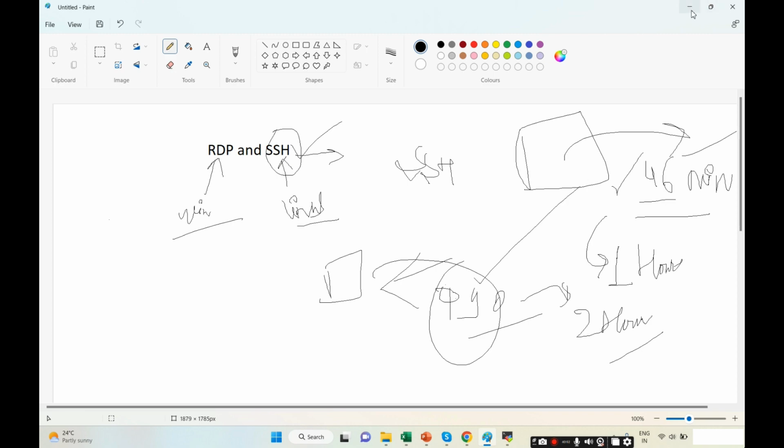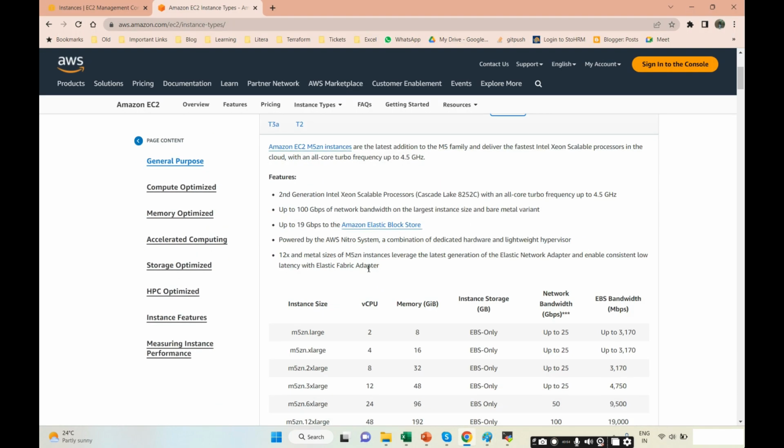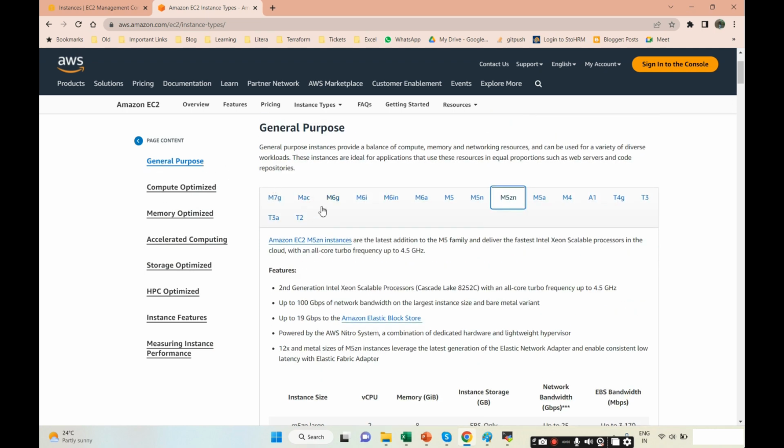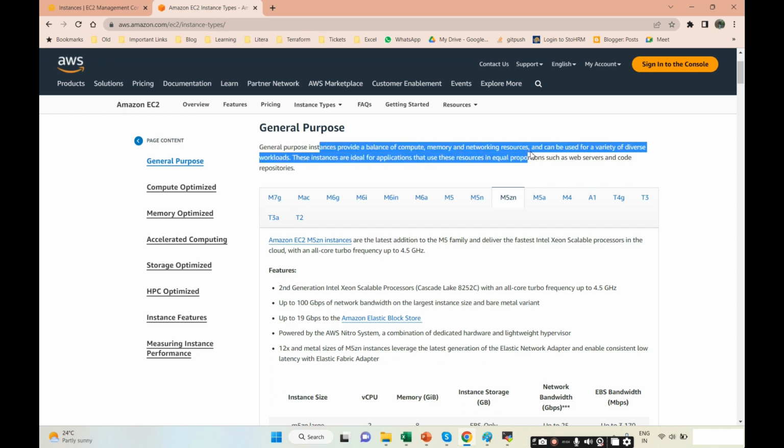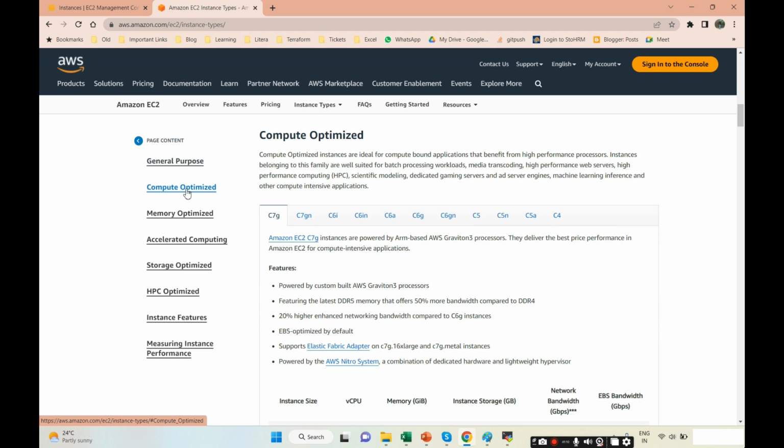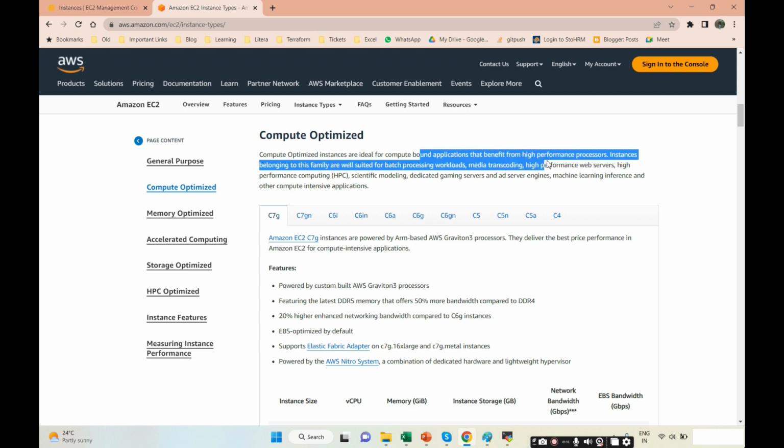Okay, now next part here is, I'm talking about general purpose, general requirement. If you read here, general purpose instances provide a balance of compute, memory and networking. Everything in this is in balanced form, average. But if you go with the compute optimized section, instances are ideal for compute where you need